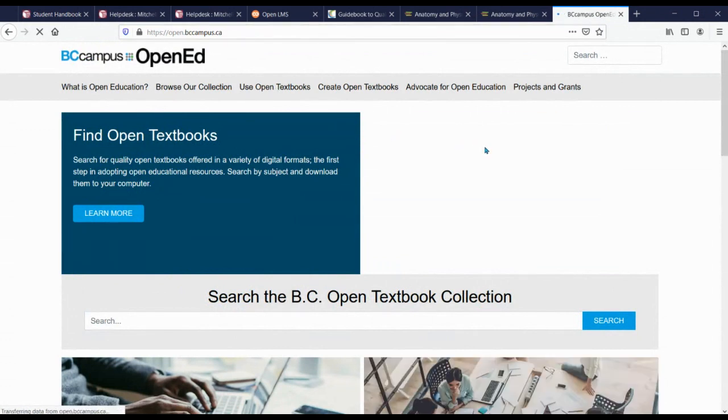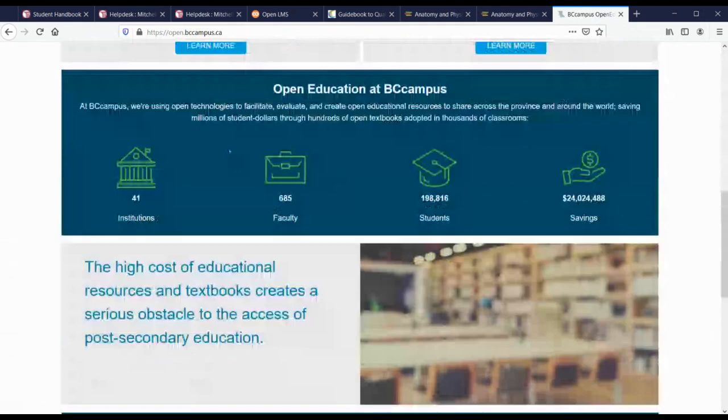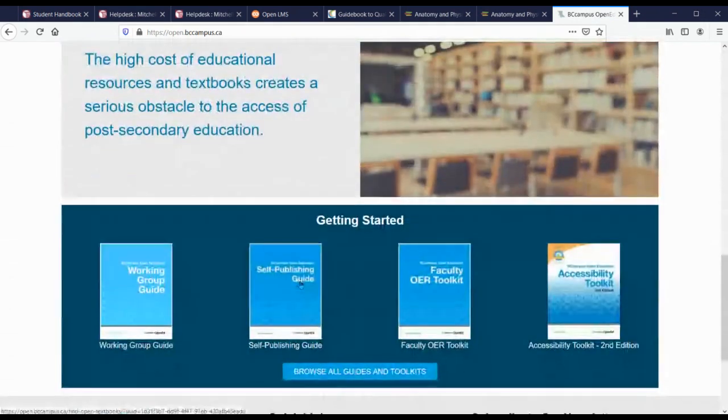All right, so there we go. So I did want to highlight, on this page you come to the search at the top, but if you scroll down to the bottom just a little bit, then you get into,